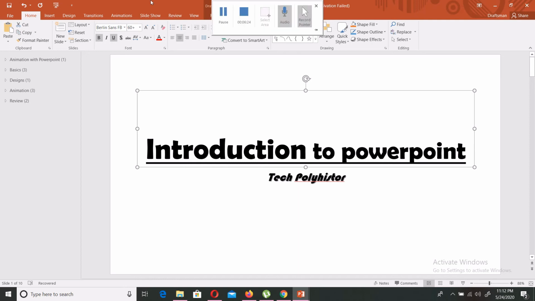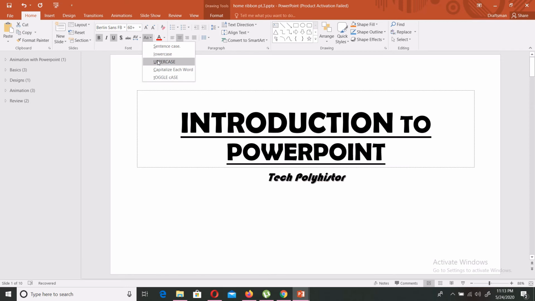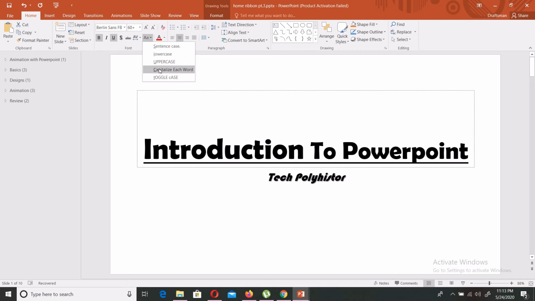I come back here, I use lowercase. Everything is small letter, that's lowercase. If I choose uppercase, you see everything is in uppercase. And if I use capitalize each word,